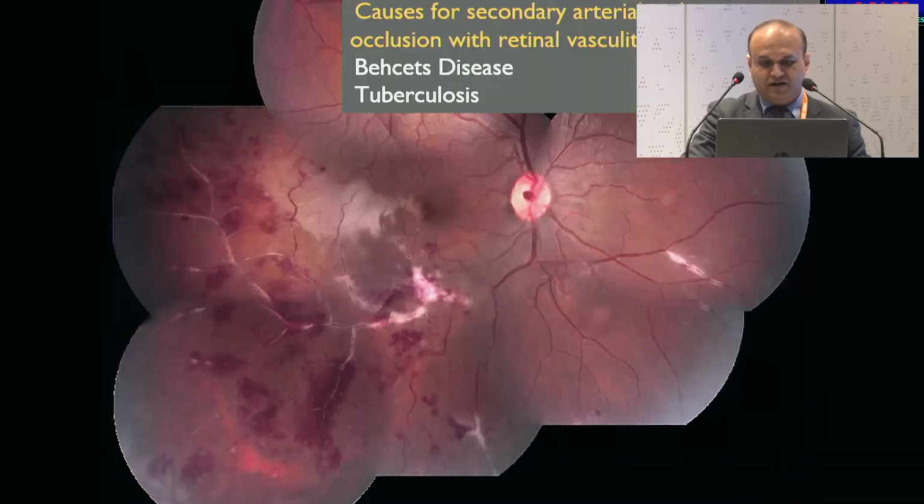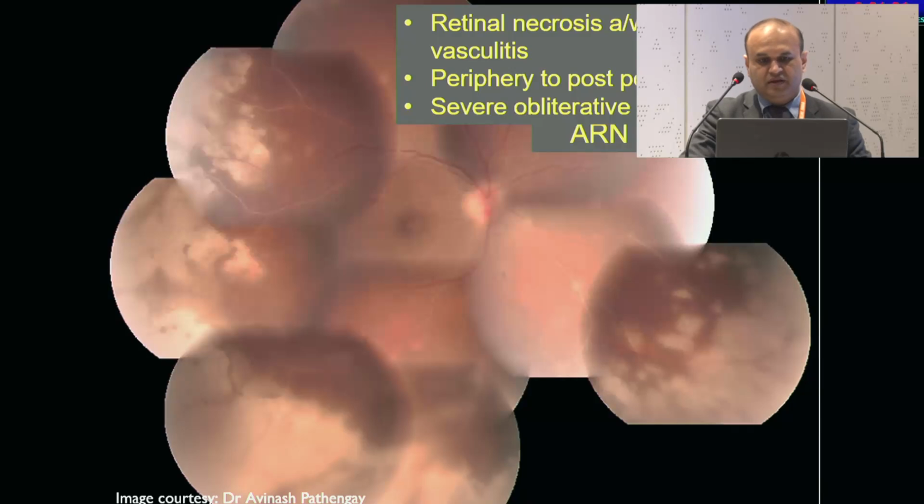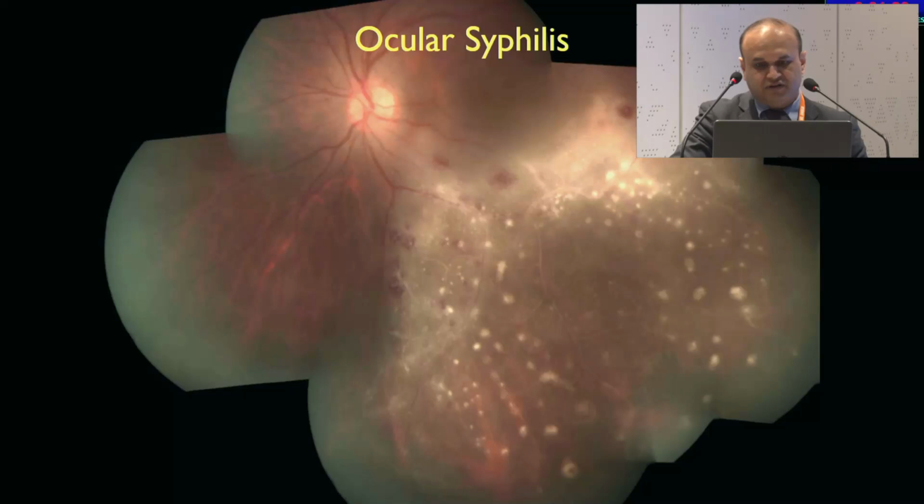Behçet's we have already had our discussion about. I will skip some of these slides because we should just quickly understand some of these other lesions. So you see a patient with extensive peripheral retinitis along with signs of vasculitis, your diagnosis becomes simpler. You are dealing with a case of acute retinal necrosis. Syphilis, one more emerging entity where we are seeing a lot of involvement of patients with ocular syphilis, and as a rule we do get all of our patients with uveitis investigated for treponemal as well as non-treponemal tests. So if those come positive, your diagnosis again becomes simpler. You are dealing with ocular syphilis in these cases.